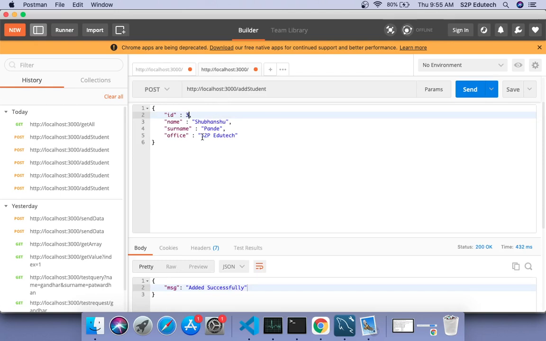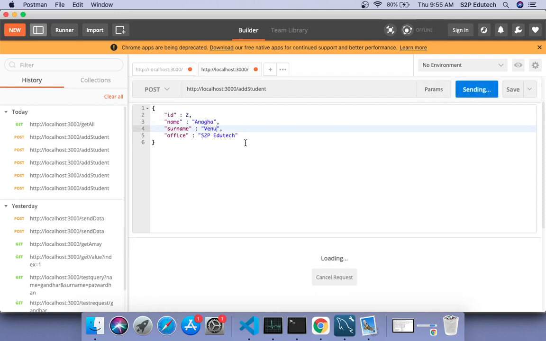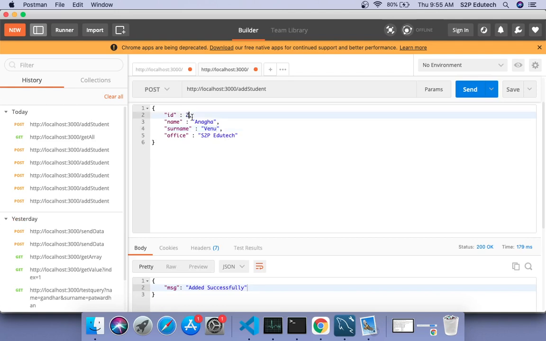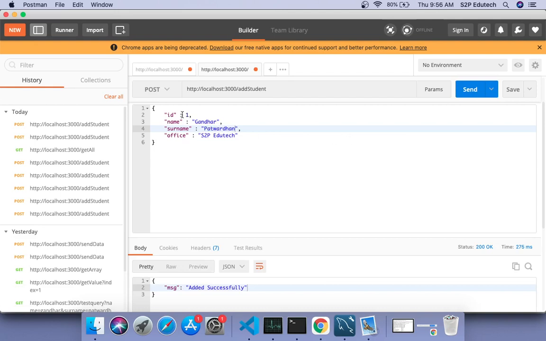Then I'll change the ID, I'll say 2, I'll give Anagha, and office is S2P. This is also added successfully. I say 1, here I give Gandhar, I give surname, I click on send. This is also added.